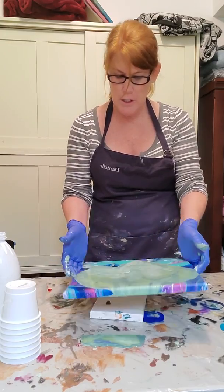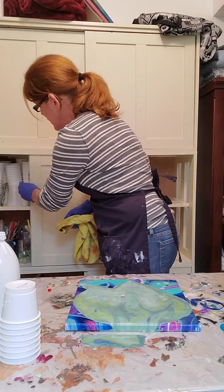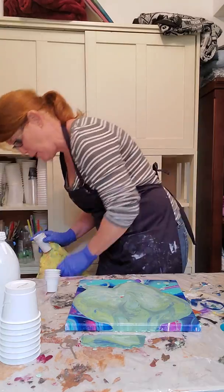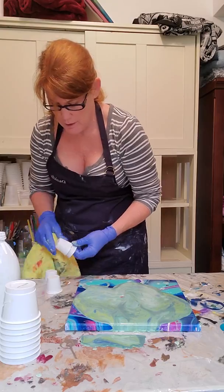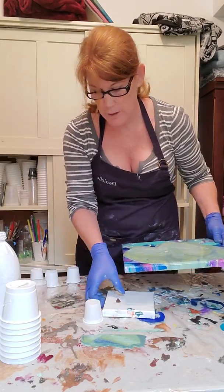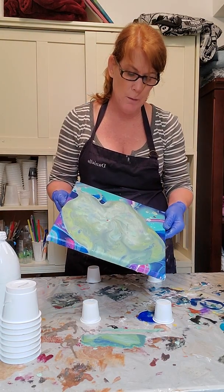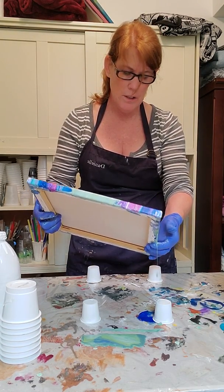Scooch, scooch, scooch, scooch. And I do have a thing that I set it on. And look, for those of you who have a Keurig, these are literally Keurig cups. So yes, I try to reuse everything so that I don't want it to go to the landfill. Now I don't need that piece anymore. So this will be underneath here for the overflow and the drip, and that way it doesn't stick to the